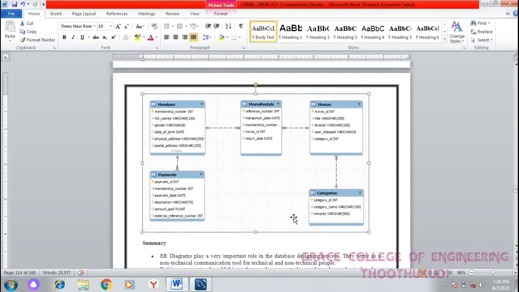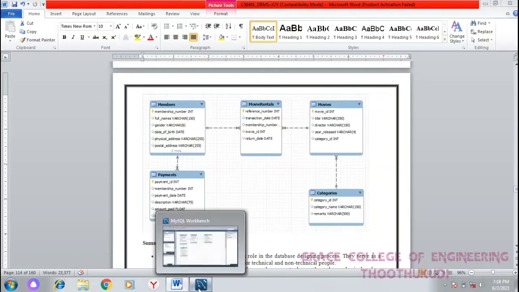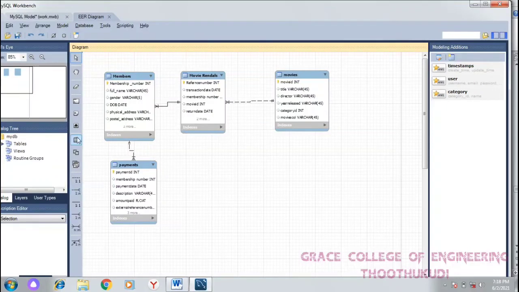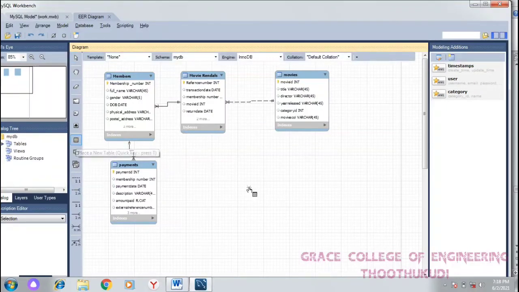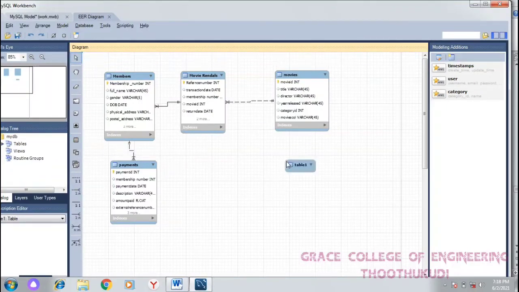Then do the category table in the same way. The category table contains three columns: category ID, category name, and remarks. So do the same procedure: click the table, then drag it. After that click on the top of the table.